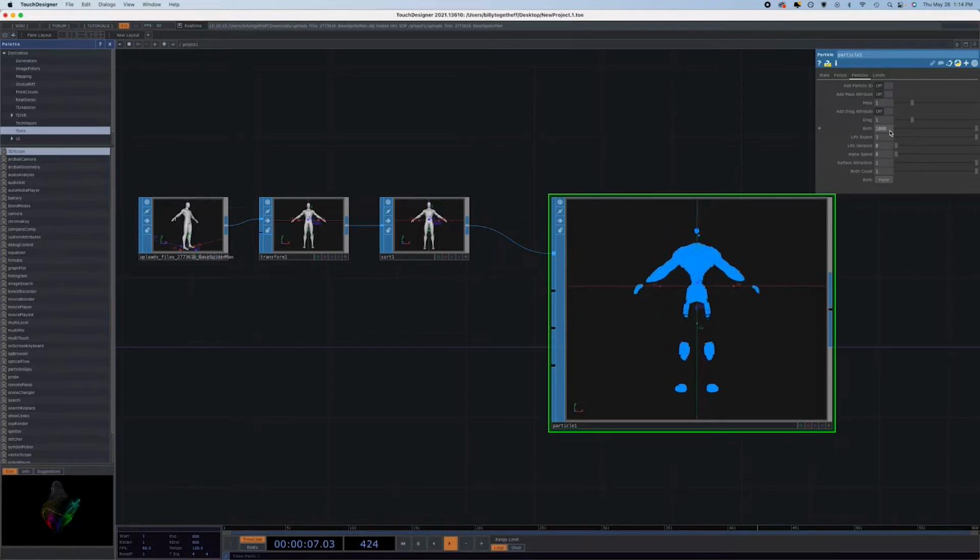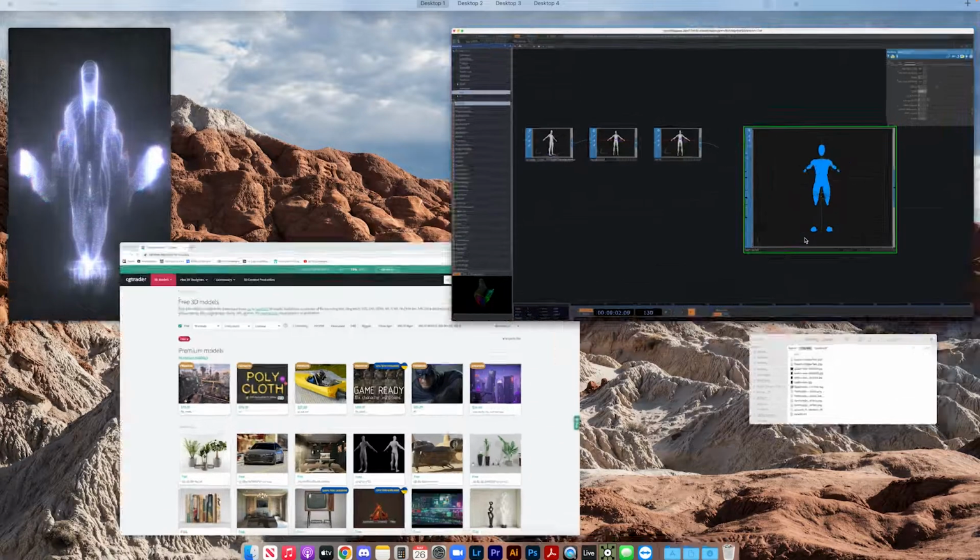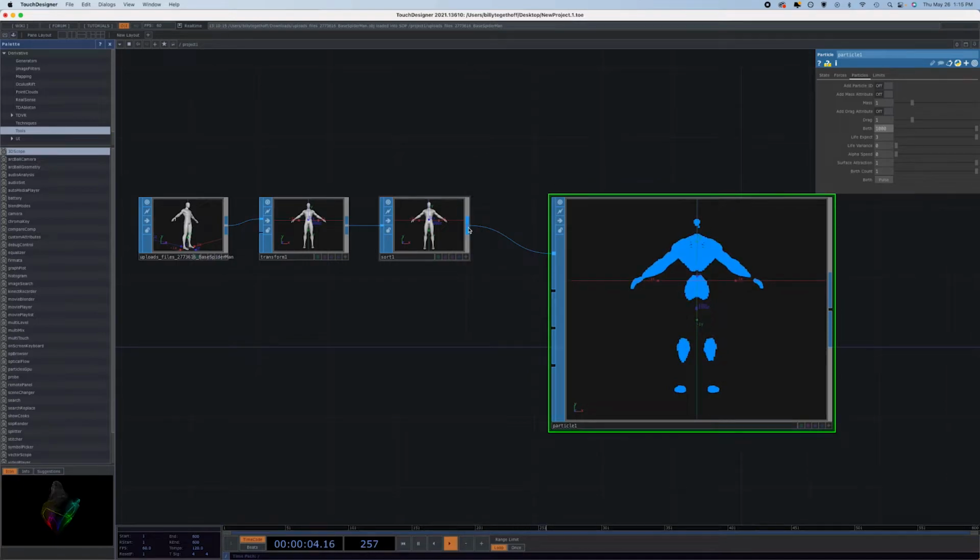This may be what I did for... Do I still have that video open? Yeah, I think that might be what I did for this. Yeah, because, see, the arms sort of disappear here, and then the legs do. Yeah, that might be what it was. All right, so that's cool. So we'll use by Z,